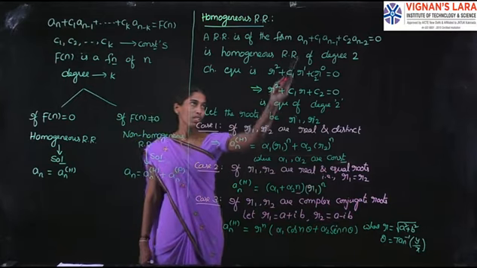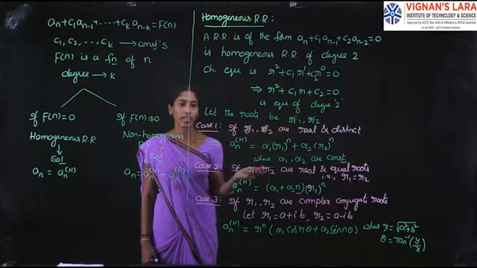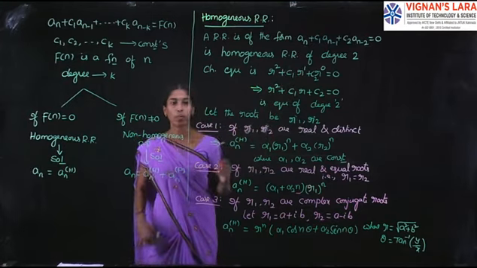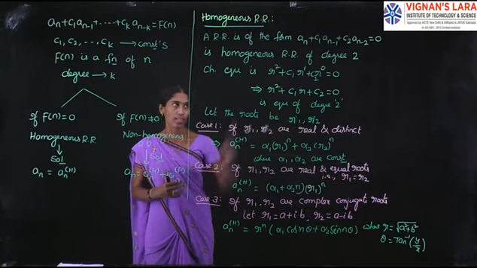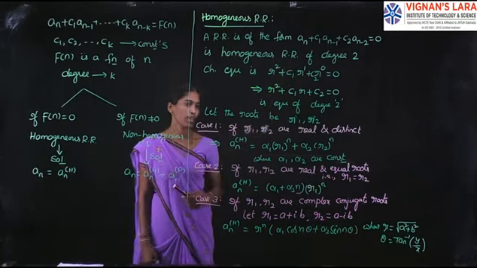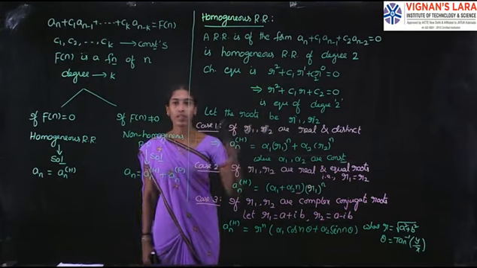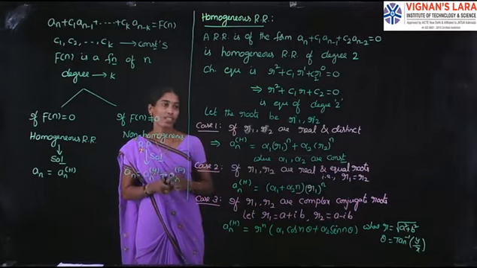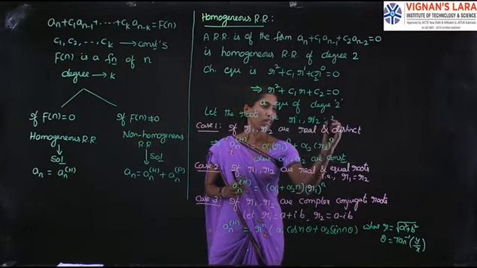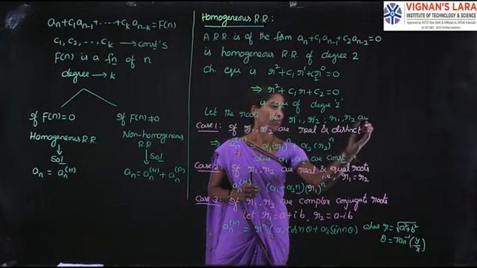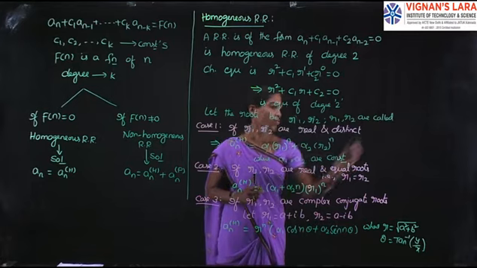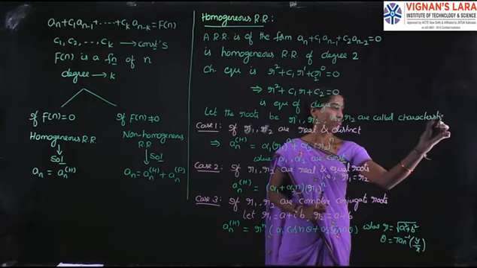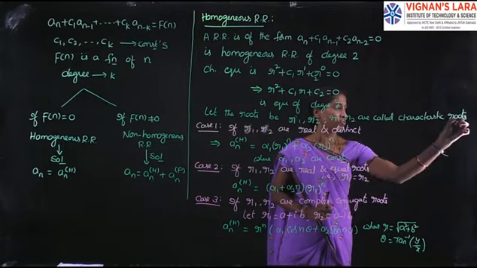So for any given recurrence relation, first we have to identify its degree. Degree is 2. Then in the place of a_n, write the degree value, which is 2, and put a equal to r. Instead of writing in the suffix, we write in the power, right? So after writing its characteristic equation, find its roots. Those roots are called characteristic roots. Here r1, r2 are called characteristic roots, right?